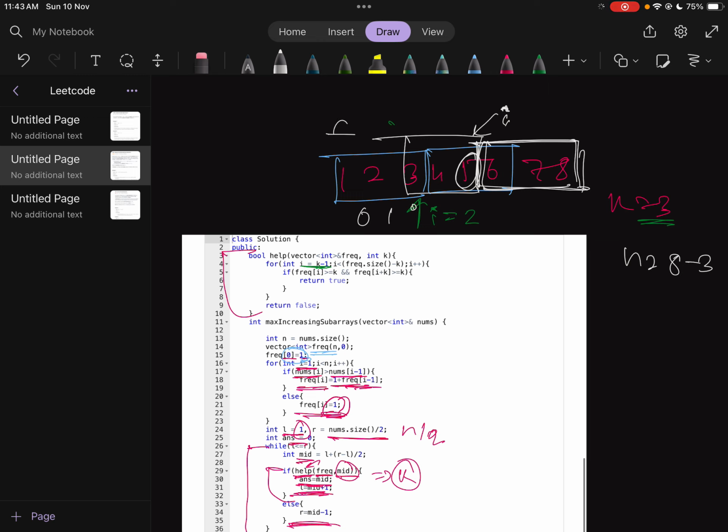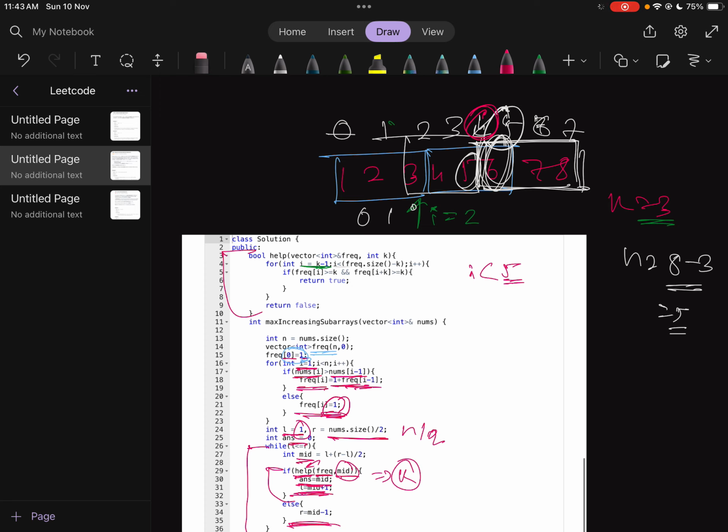Indexes 0, 1, 2, 3, 4, 5, 6, 7. 8 minus 3 is 5. This means this is the starting index, so it can go up to 5 minus 1. That's why I have taken i less than 5. So i can go up to 4. This is the ending index of the first subarray.